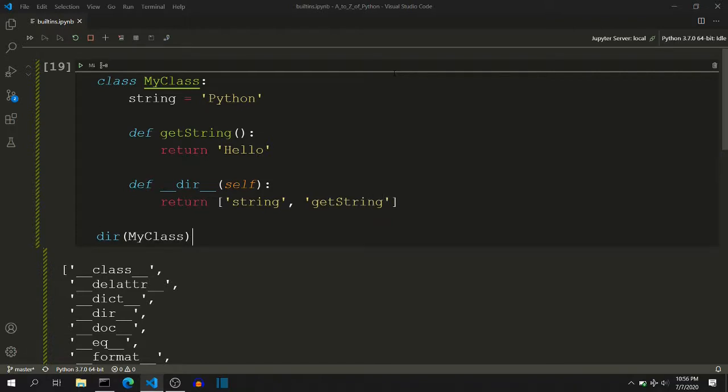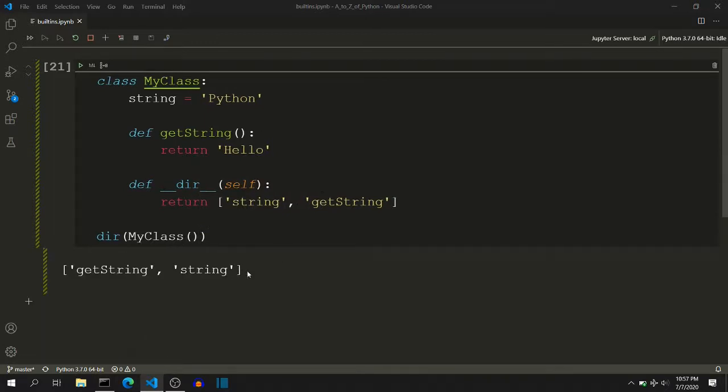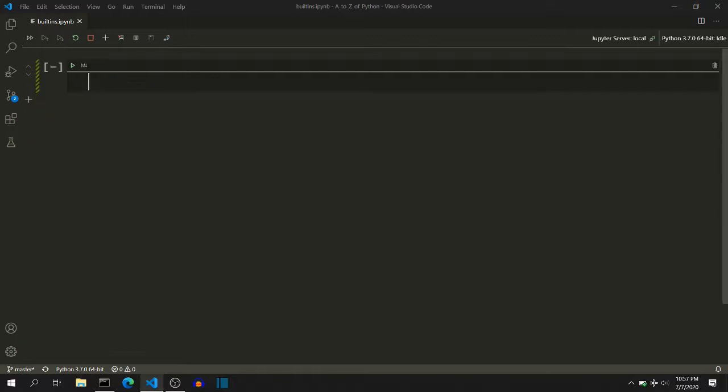When I pass an object and not the class inside the dir function, I will get a list, get string and string, that I just initialized. As you can see, the order has changed because the returned list is sorted alphabetically. This function is very useful when you are exploring new Python libraries and you want to see what functions, constants and classes these libraries provide.